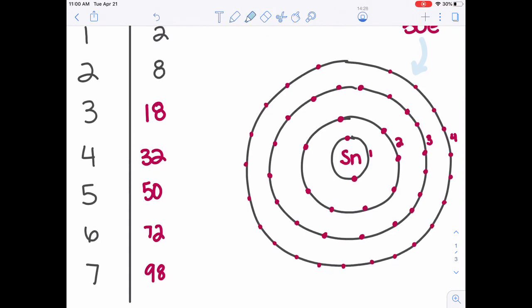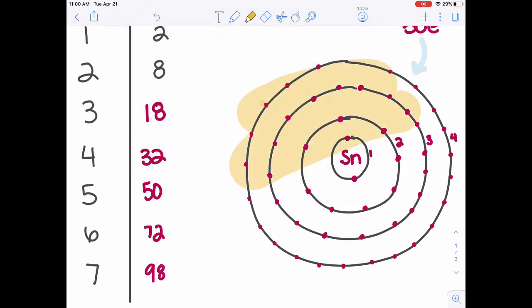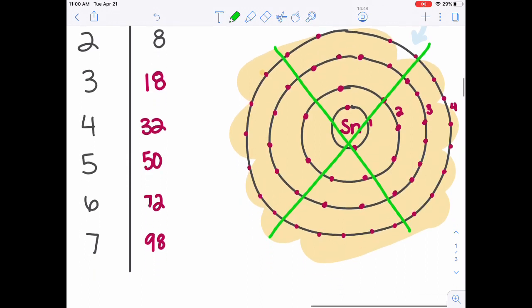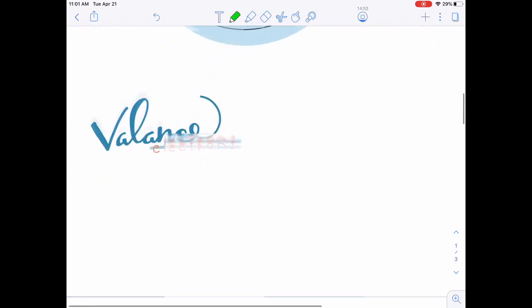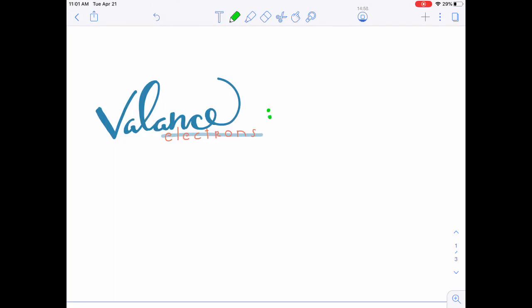Okay, so this picture that we have drawn here is kind of tedious, takes up a lot of room. There's a lot of counting involved. Not really the greatest. This picture is used to show energy levels, but it's really very cumbersome. We want to focus our attention on what we call valence electrons. And these are the outermost electrons